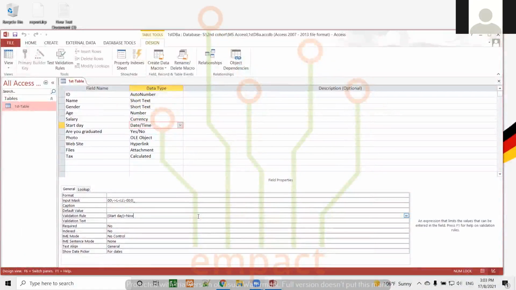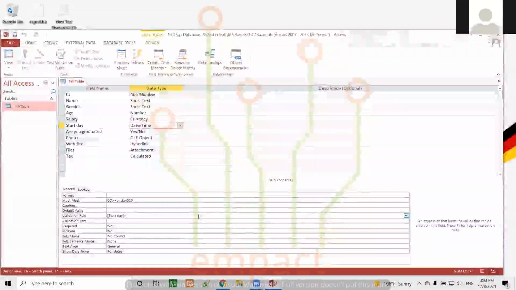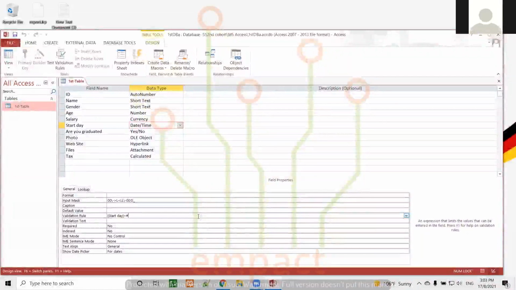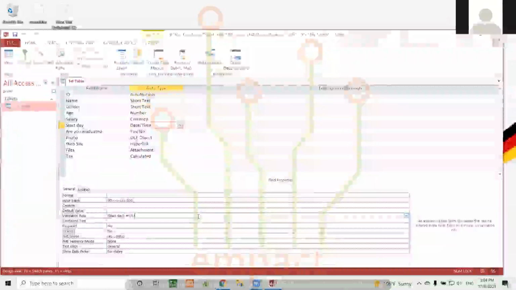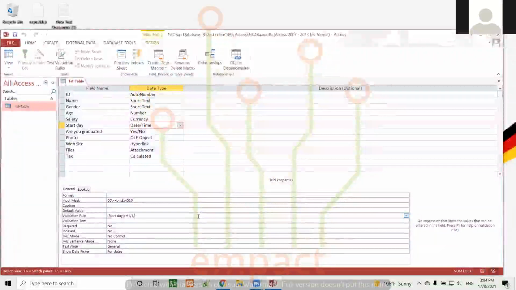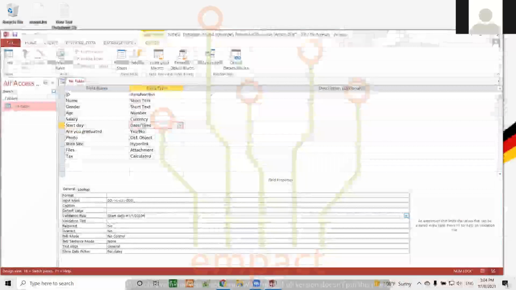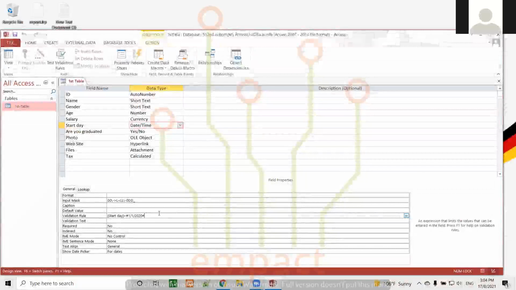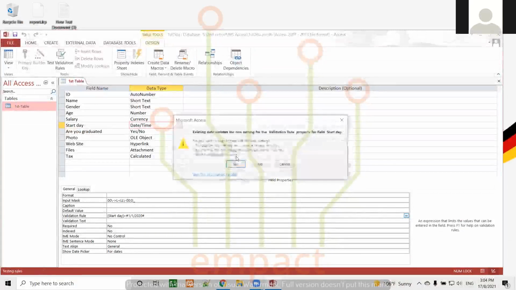Or we can just give a date, but how to give a date? Between hashtags, we are saying 1st January 2020. Okay, we are saying that this day has to be greater than the specific day that we gave. We are saying Control S. Yes, we want